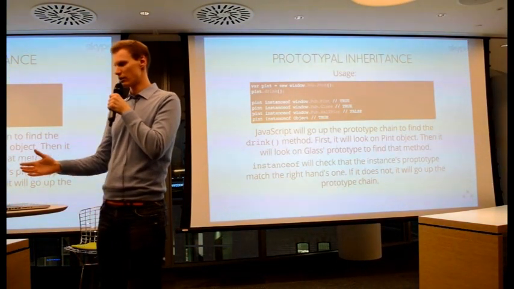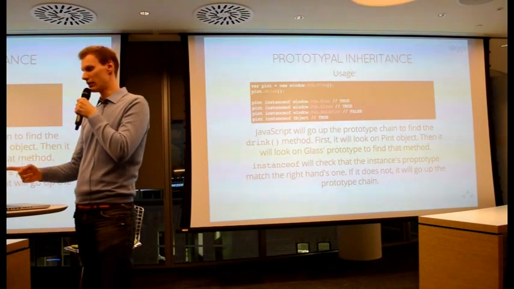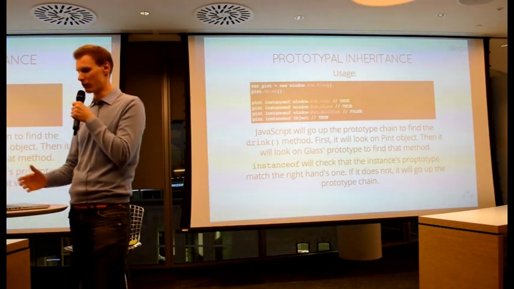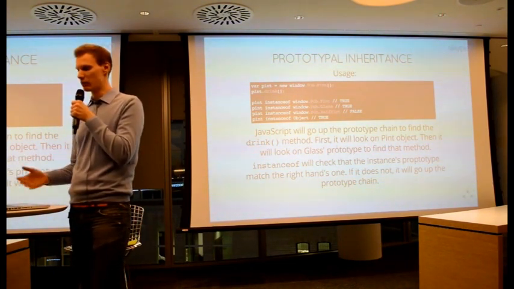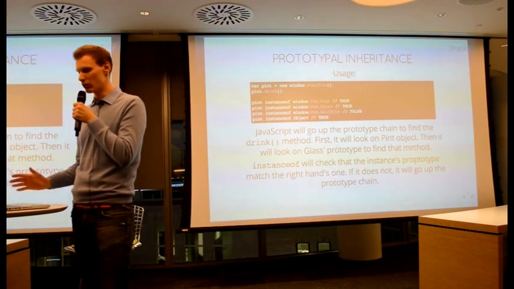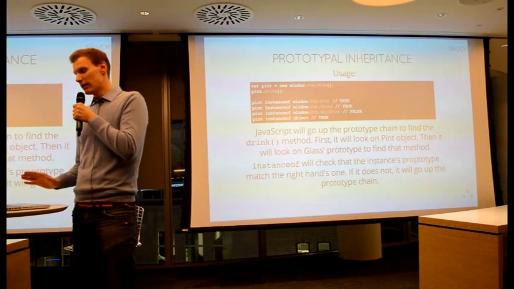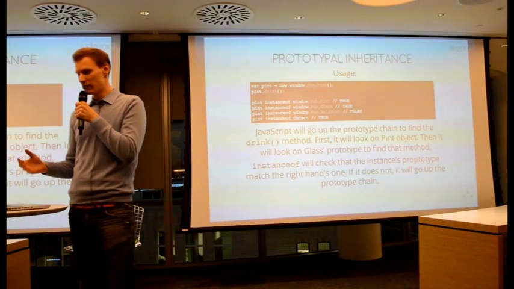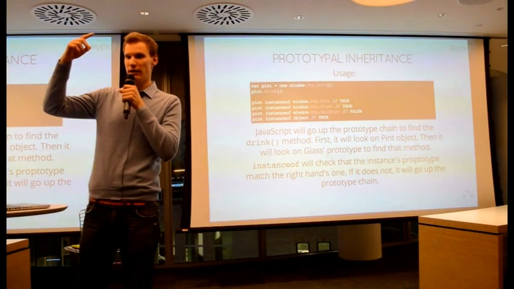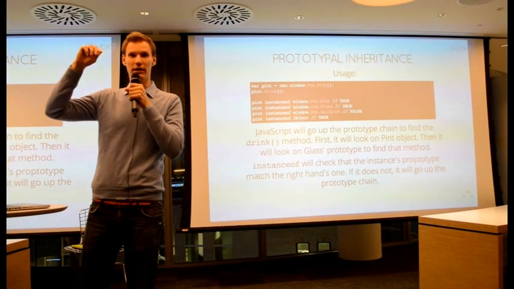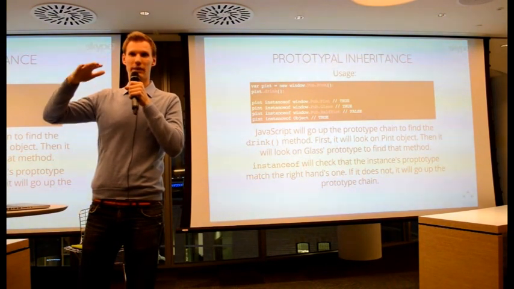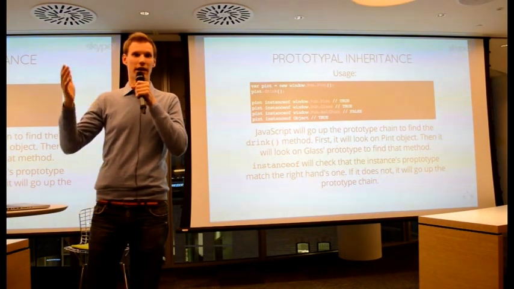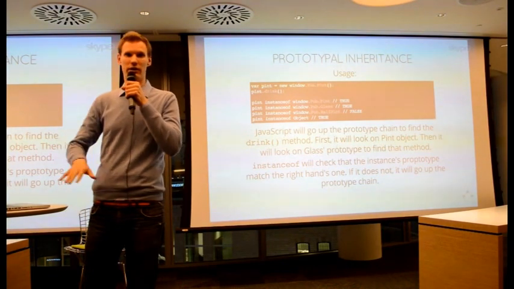Okay, and the usage of the inheriting class is the same as before. We just do a new pint, and we get a reference to the instance, and then we can do pint.drink. The interesting thing here is that JavaScript will be going through all the prototype chain up to the object to find the method you're referring to. So it doesn't matter how many levels you have. You can have a very complex inheritance tree, and JavaScript will go through all the levels up to the object